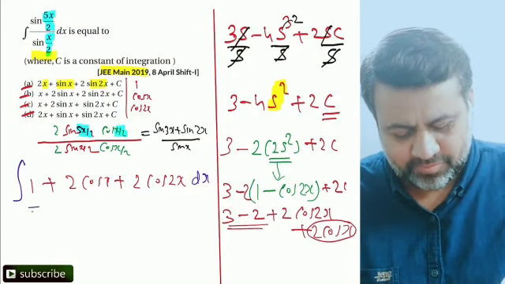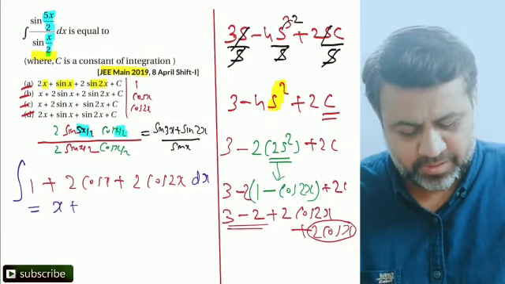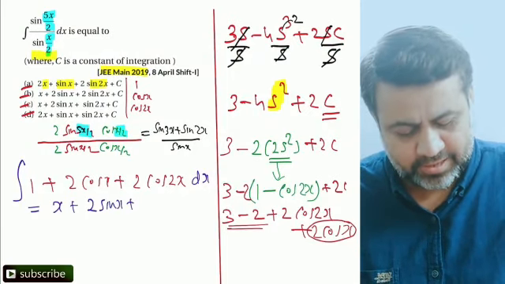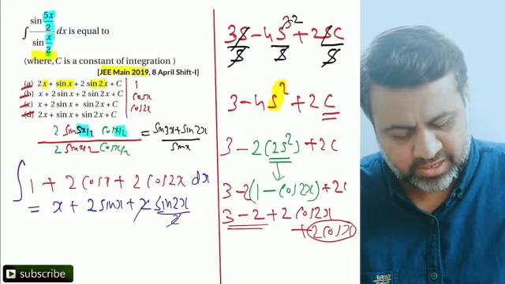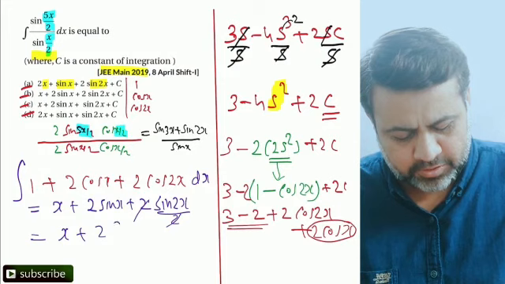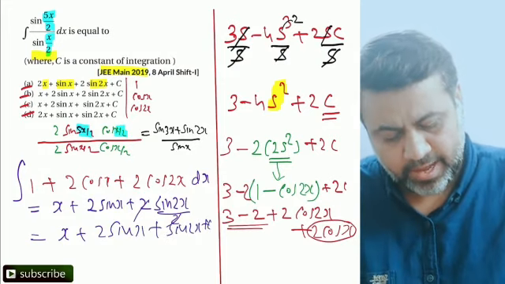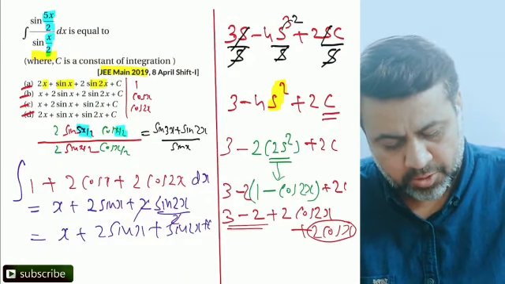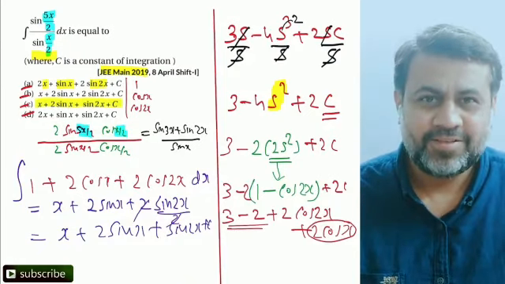Bingo. So integration of 1 is x, integration of cos x will be sin x, and integration of cos 2x will be sin 2x by 2, and this 2 is getting cancelled. So we have x plus 2 sin x plus sin 2x plus c, and that's nothing but my option number C, right? x plus 2 sin x plus sin 2x plus c. Very easy